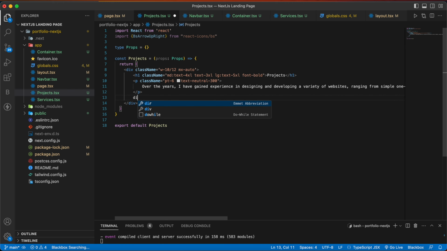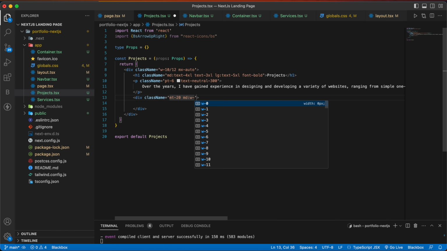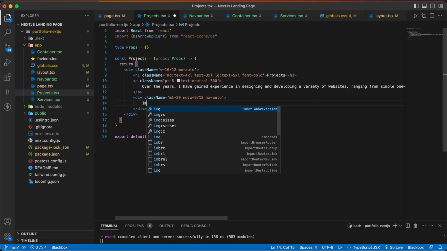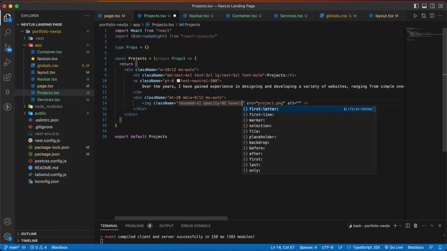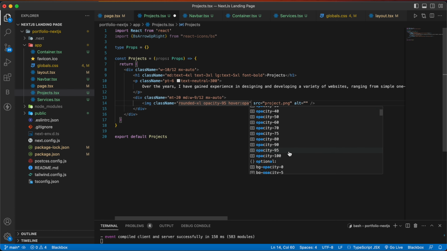Then after the p tag, we are going to write a div with the class name margin top of 20, md w 9 by 12, mx auto, and inside this div we are going to have our image, source will be project.png, and we are going to give a class name of rounded, opacity will be 90, and on hover we are going to have opacity of 100,